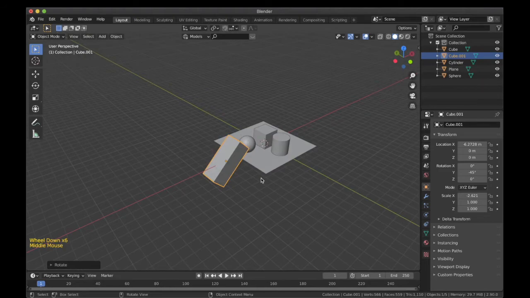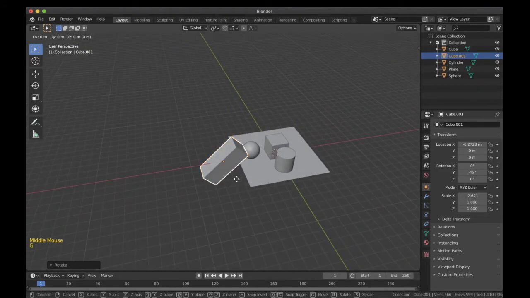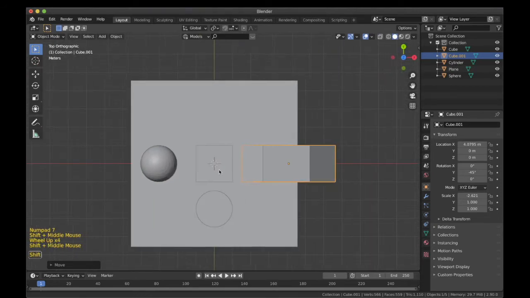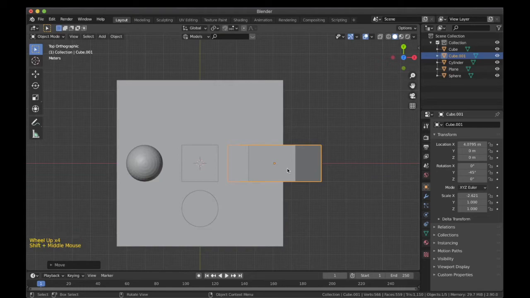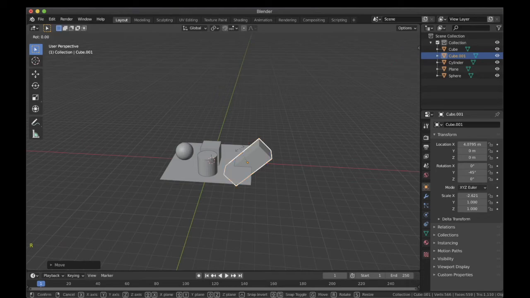So now we have finally rotated this cuboid. We can place this cuboid over here in the scene. So I'll press and move it over here. To get better view of the scene, you can also go to the top view. Now this time you can see that in the scene currently, I want to rotate it, but only on the Z axis. So the easiest way to figure that out would be press R, then press Z and then move it. But as you can see, I'm not comfortable with it right now.